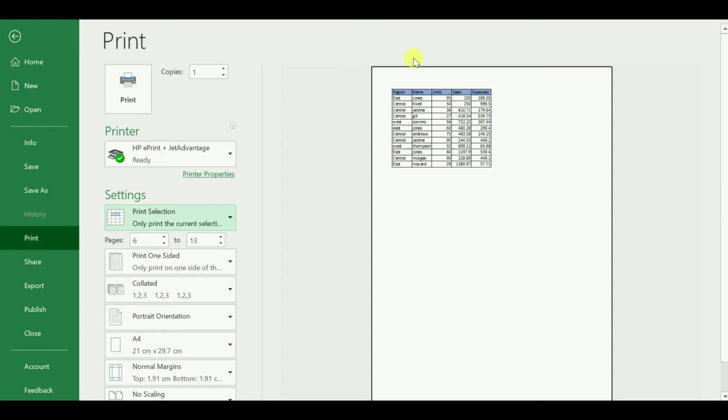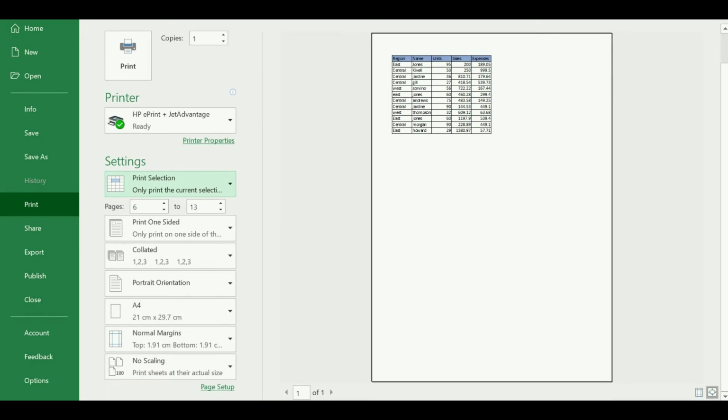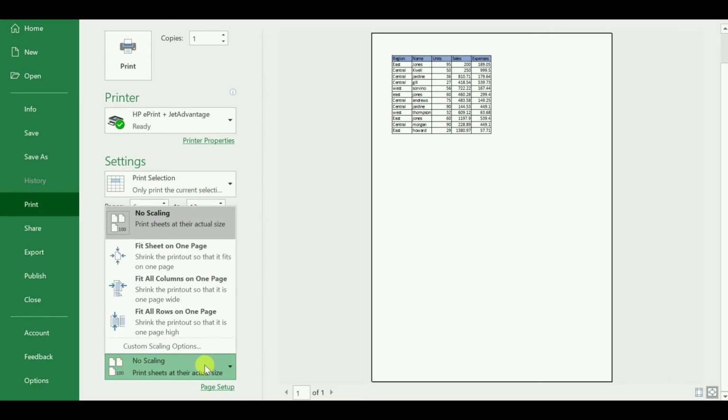Next we will see about custom scaling. At the bottom, there is custom scaling. When you click on it, you will get different options: no scaling, fit sheet on one page, and so on.